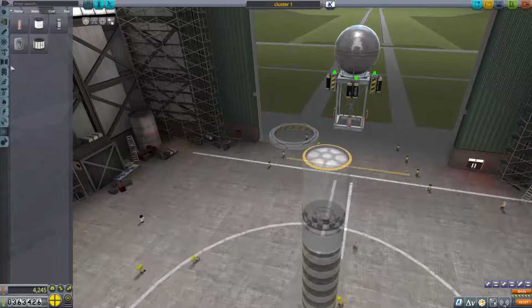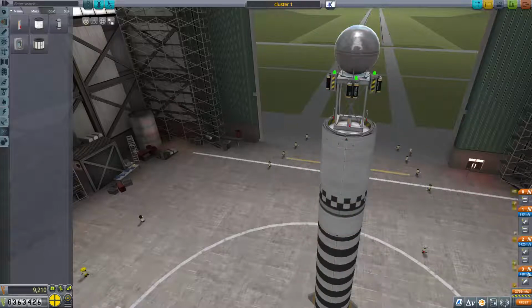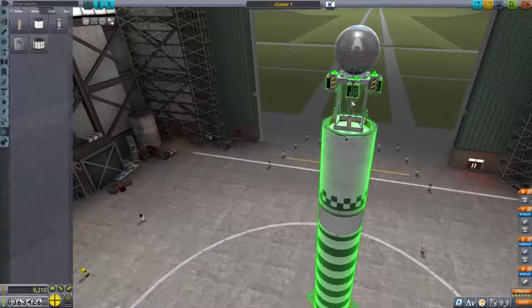And let's see, what else do I need? I probably need more batteries. I can just leave this as space debris and grab it later, I guess. So it's going to be something like this. This is probably lighter than it used to be. I'm hopeful. And let's see, then we got the final...